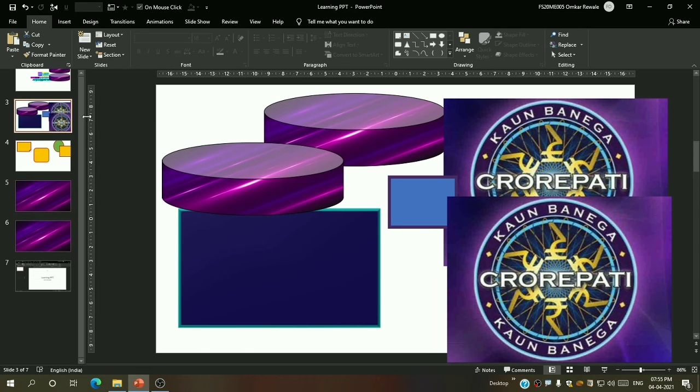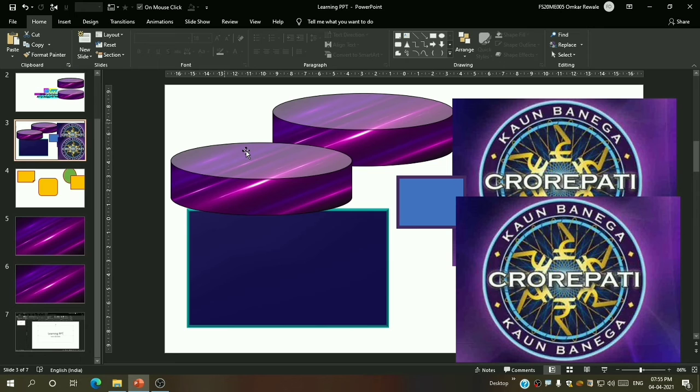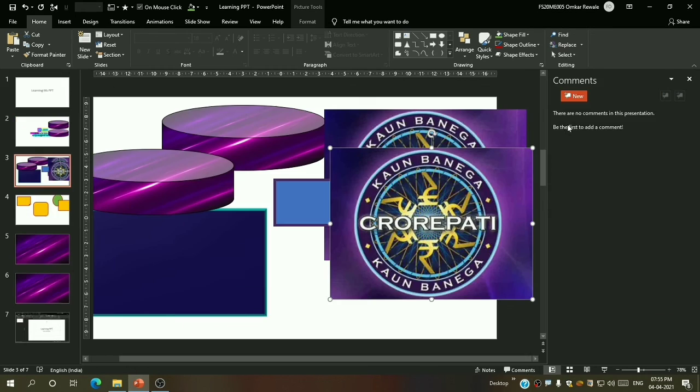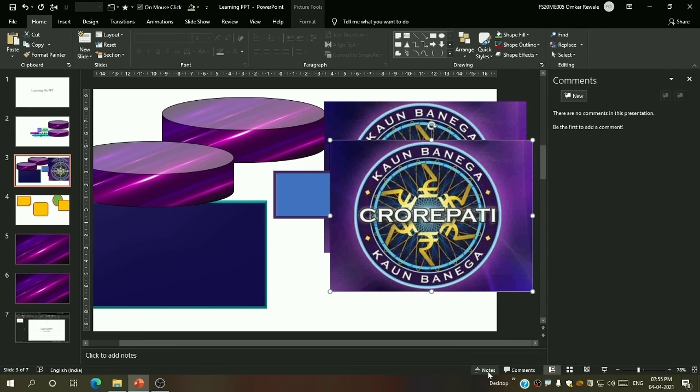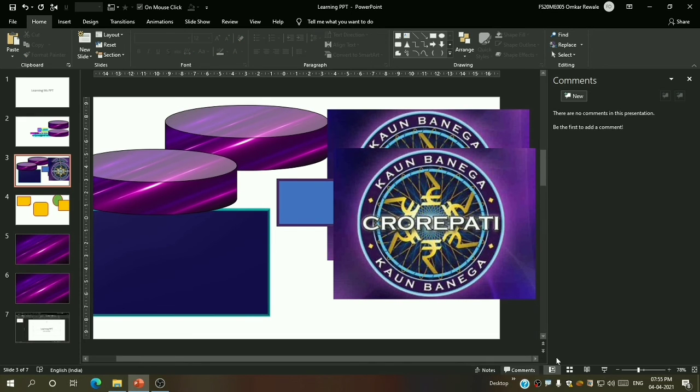So this was something extra knowledge. Okay, then how to add comments, notes. You can just click over here and comment. You can see comment, notes. You can add notes from here. Now basically it's used like this, no need to show this.